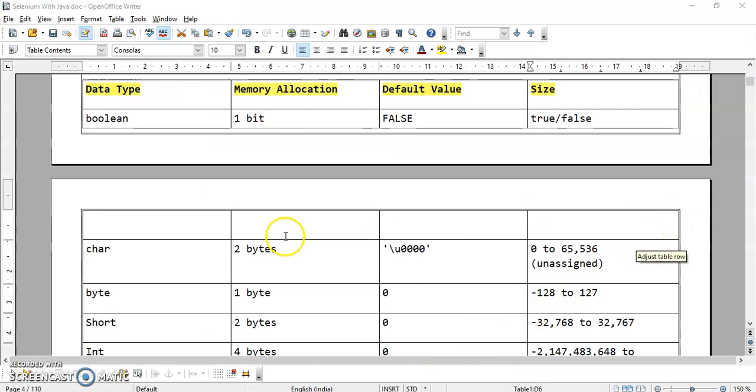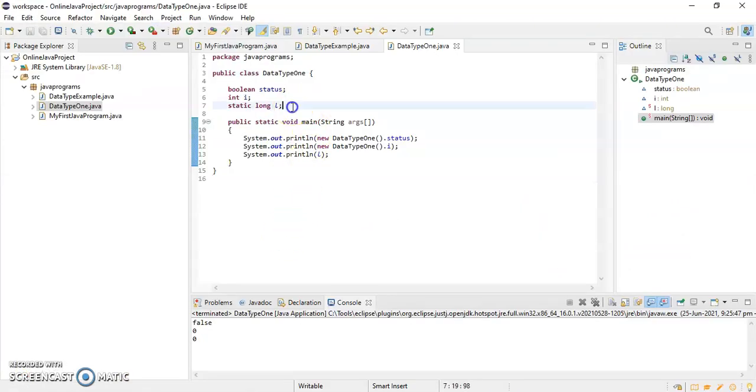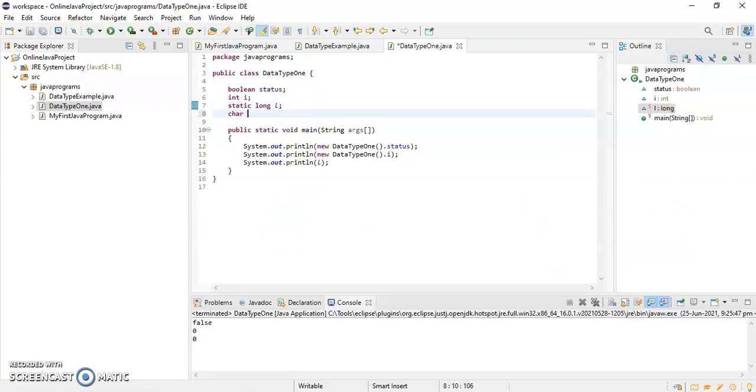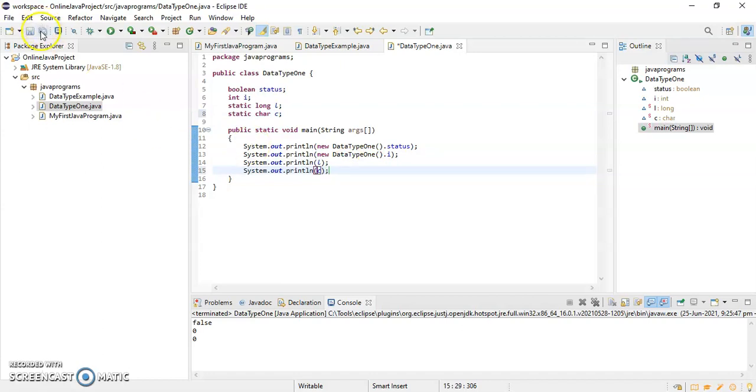For example, say character I am declaring. Say char C. Okay, I'm making it static as of now, and I'll give syso C. Run this one.